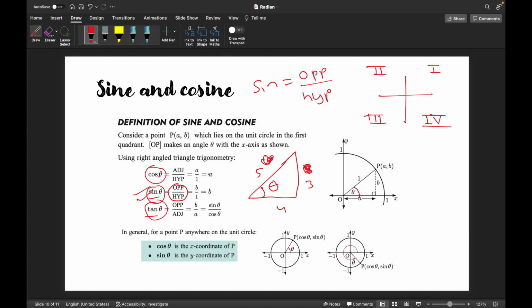And what would be cos theta? Cos theta would be adjacent by hypotenuse. So it's going to be 4 by 5. Okay, now if that is clear, then let's move on to tan theta. Tan theta itself is a ratio of sine and cosine. So it's also sine theta by cos theta,